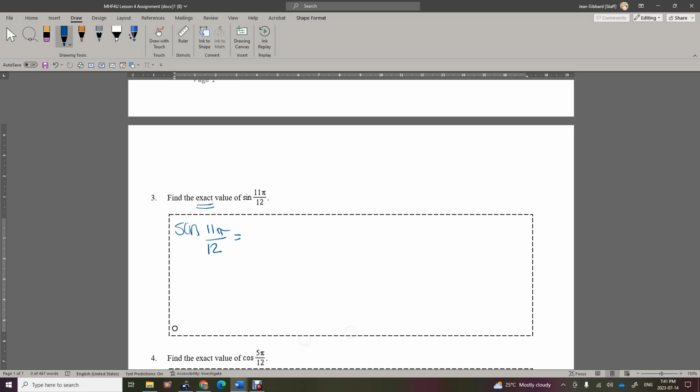Or we're going to use 2 pi over 3 because we're working in radians, and pi over 4. If you work these out, you will see that these two numbers will add up to 11 pi over 12. So what we have then is the sine of 2 pi over 3